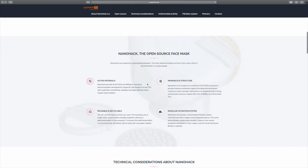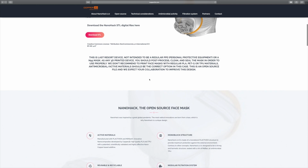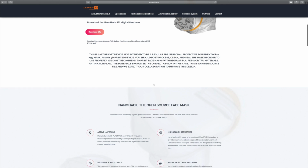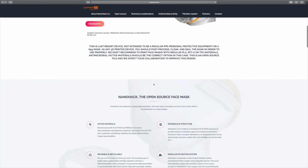They tell you that you should seal the surface, which is completely and utterly ridiculous, because they're also in the middle of telling you that you absolutely must use their PL active material. Well, if their PL active material is an antimicrobial material with nanoparticles of copper in it, if you seal it up behind some other layer, then it's not going to come into contact with anything and kill anything, which again points to just their insanity. They're like, you must use our material,